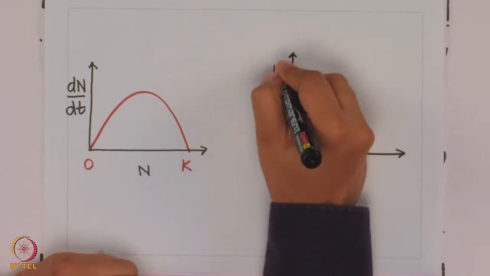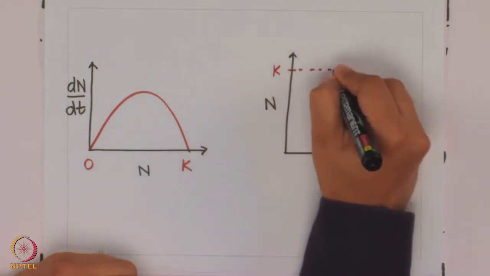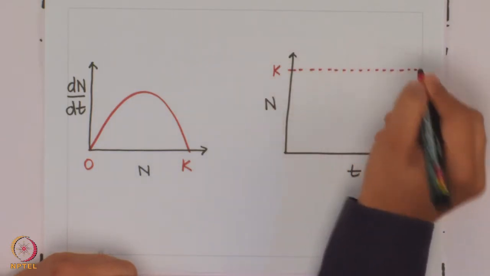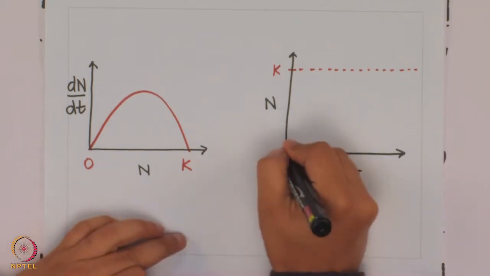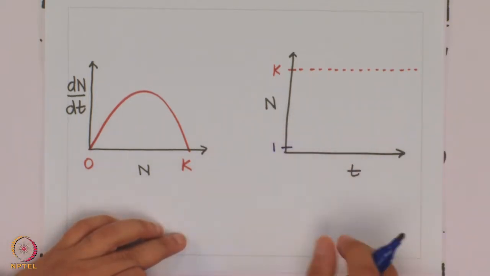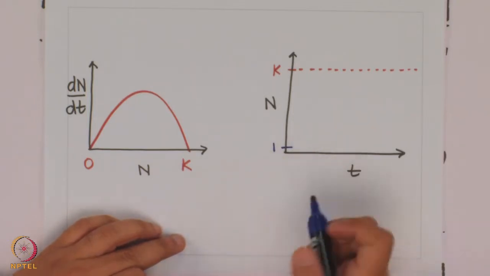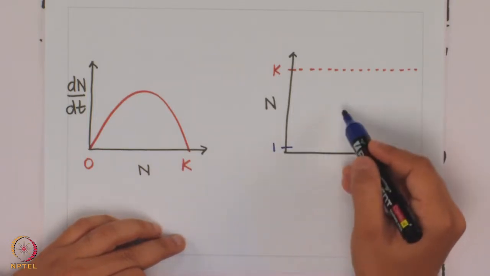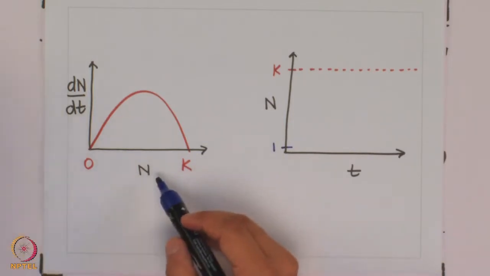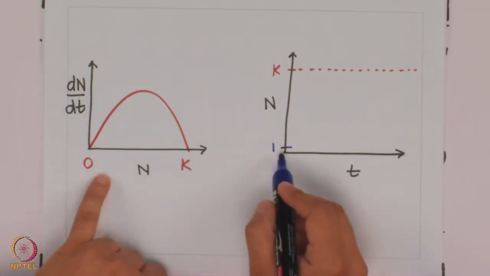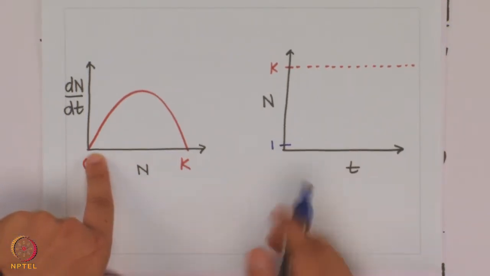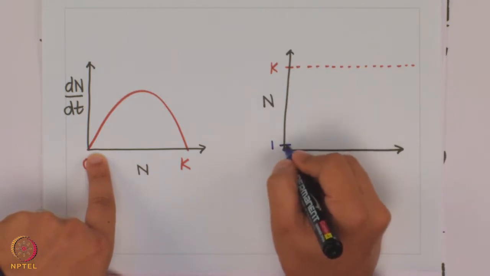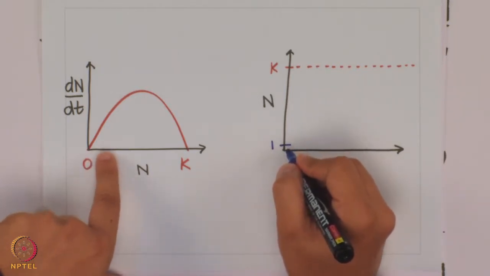So n equal to k is the peak value, and the number of bacteria is not going to go past this if we are starting from low values of n. So we start off with n naught, which let us say is 1. We start with this 1 bacteria, and let us try to imagine the trajectory of this growth at the same time looking at this graph. So right now we are at n equal to 1, which is a very small value of n. So we are somewhere here, and as we go forward in time, n increases,